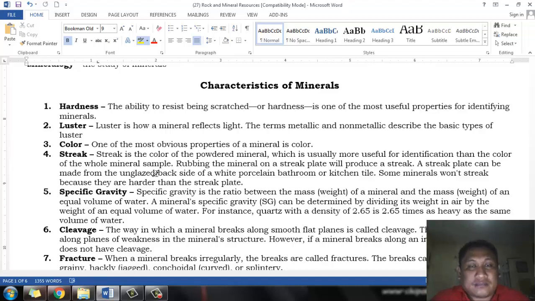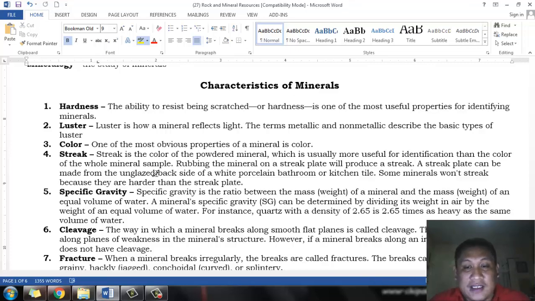Okay? And number five, the fifth characteristic that I would like to share with you is specific gravity. So specific gravity is the mass or the weight of the mineral. This actually refers to the ratio between the mass or the weight of the mineral and the mass or the weight of an equal volume of water. Equal volume of water. So the ratio of that is referred to specific gravity. In short, it is also called SG. So SG can be determined by dividing its weight in the air by the weight of an equal volume of water. So quartz, for example,